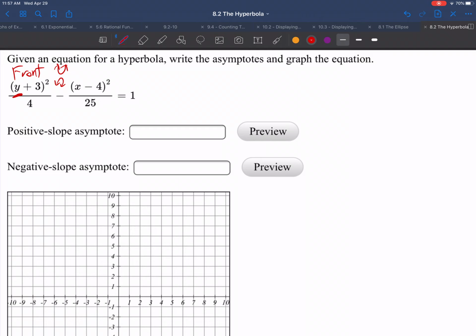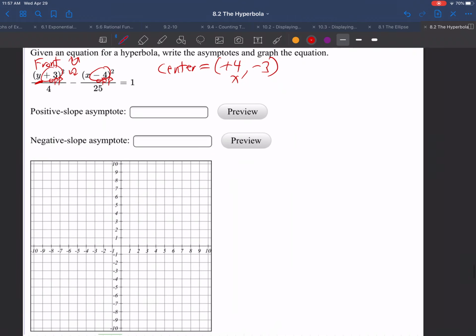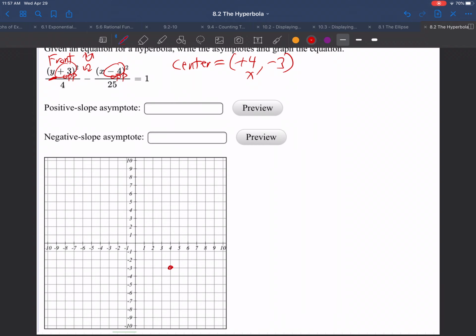Now, very important is to get the center. So what is going to be the center? Remember, the center is always the opposite of the numbers in the parentheses next to x and y. So opposite of -4 is +4. X has to come first, right? I grabbed this one first. And then y, opposite of +3 is -3. So the center must be (+4, -3). Let me see if I can go there. So (+4, -3) right there must be the center